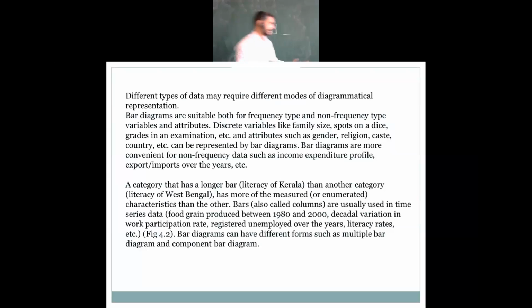Till here we had ended. Different types of data may require different modes of diagrammatic presentation. See how the information is provided and how you have organized the information. In the same way, the diagrammatic presentation also becomes different. That is one of the important points to be noted. When you are looking at the total population of our nation, and if you are taking state-wise population or the state-wise literacy rate of our nation, each concept and its diagrammatic presentation will be different.